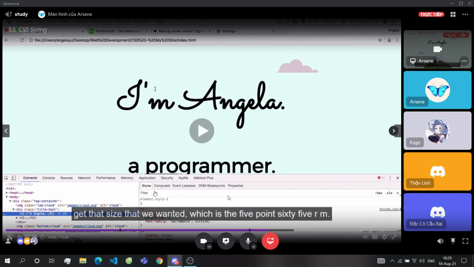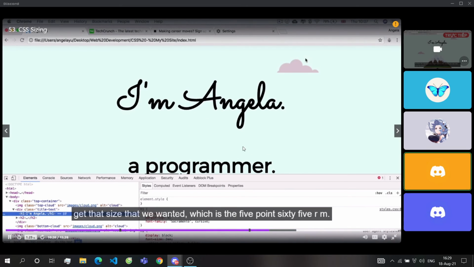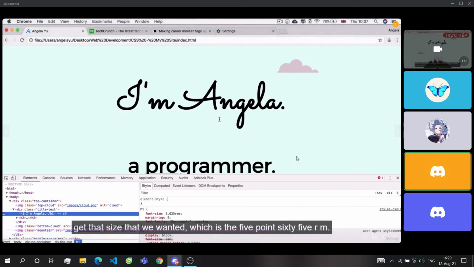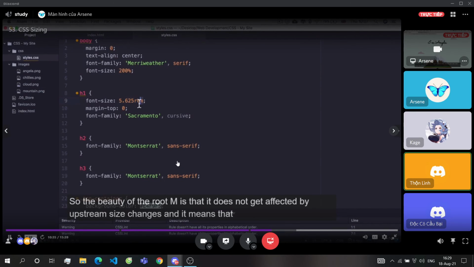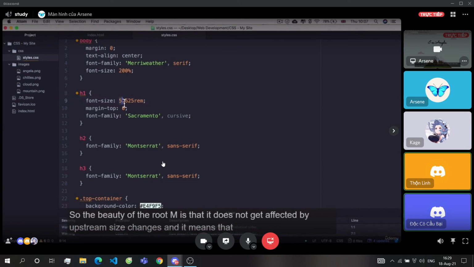Size that we wanted, which is the 5.625 REM. So the beauty of the root EM is that it does not get affected